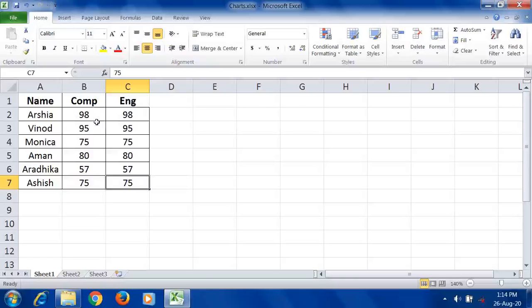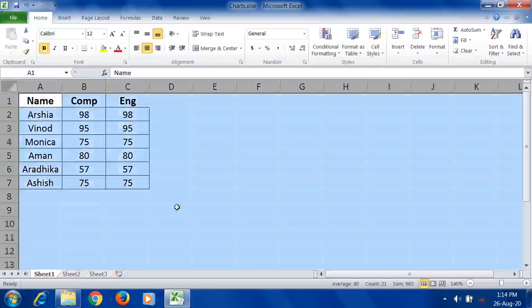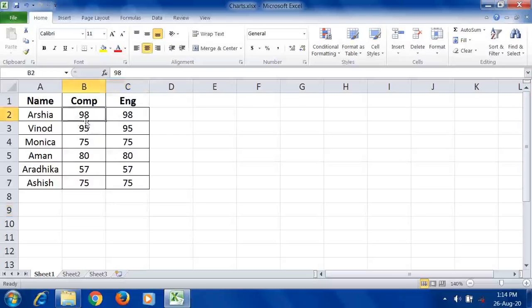A range can be as small as a single cell or as big as an entire worksheet. Here the full worksheet is selected, so you can give the range of the entire worksheet, a single cell, or multiple cells. You can specify a range by writing the starting cell address followed by the ending cell address, both separated by a colon. Now I want to add all these numbers. How can we do that?